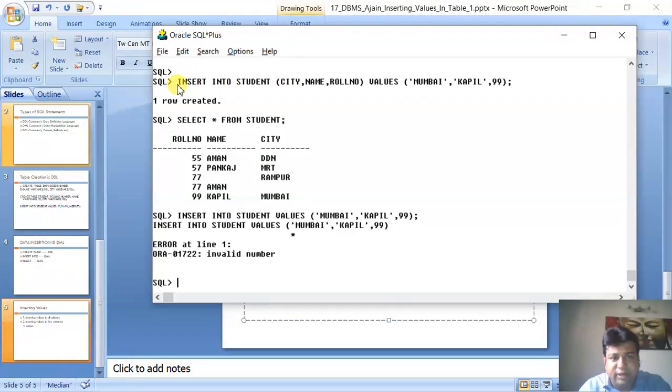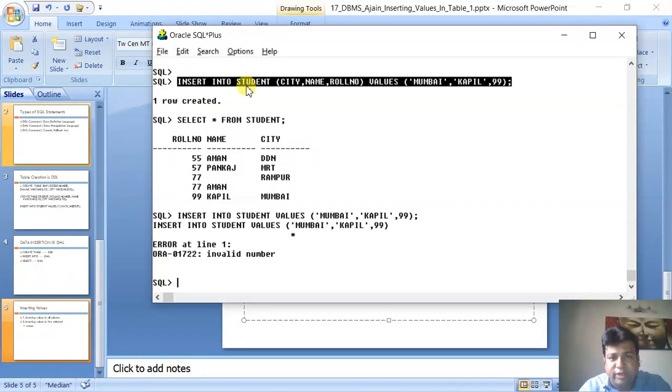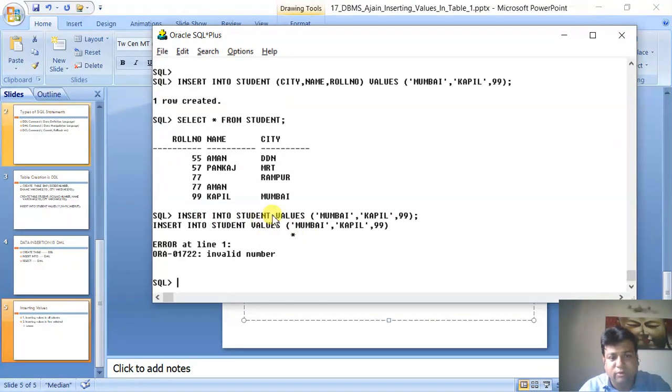Here you can give insert into student values, first city, then name, then roll number. Oracle will automatically insert in this order. But if you use the other method, you can see it will give you an error because it is expecting that first should be the roll number. So it is an invalid number. I hope this is clear too.